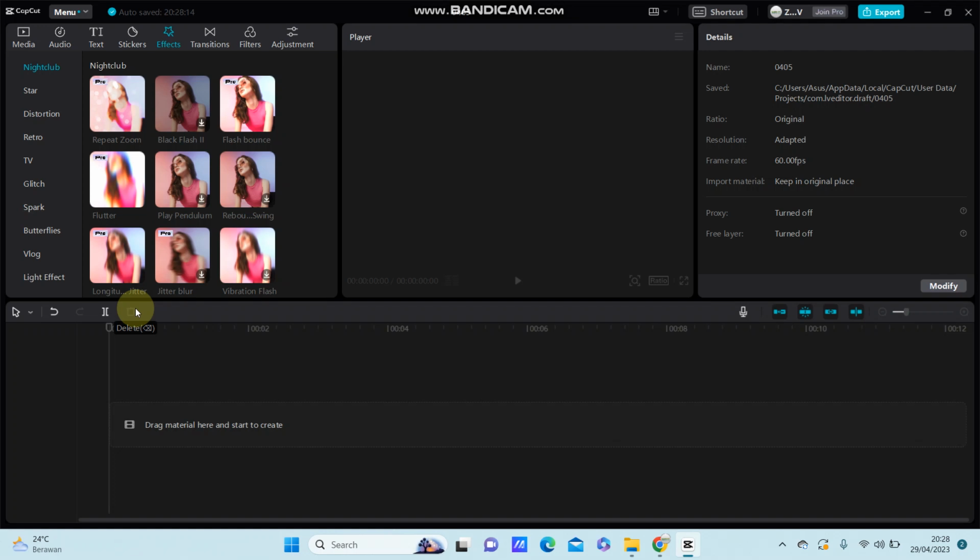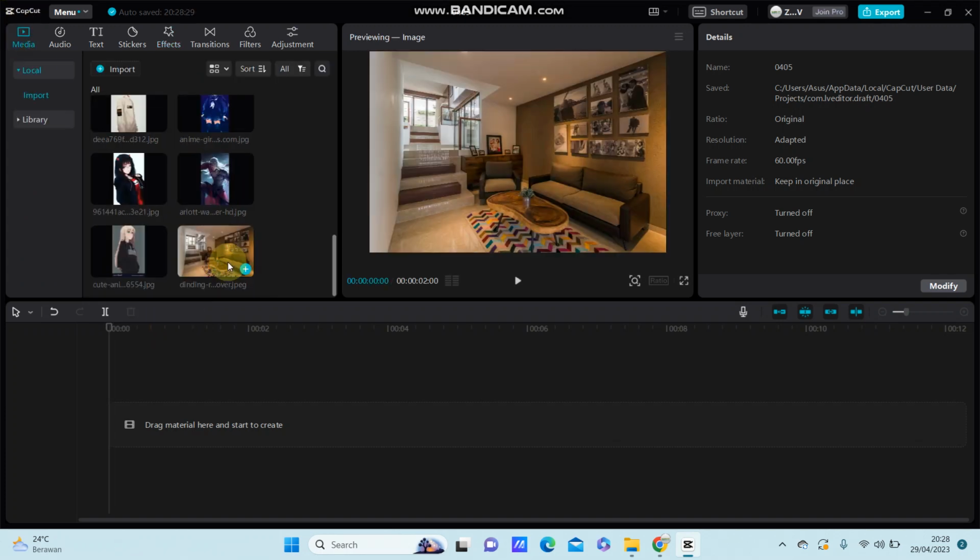Hello everyone, in this video I am going to show you how you can add motion blur video effect just for overlay. Alright, so go to media and select the